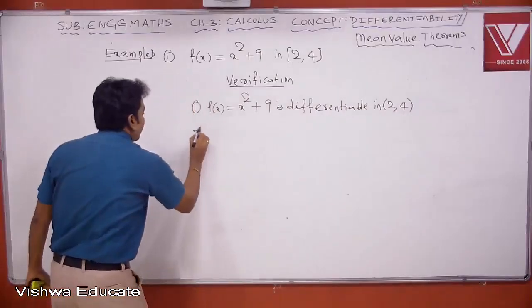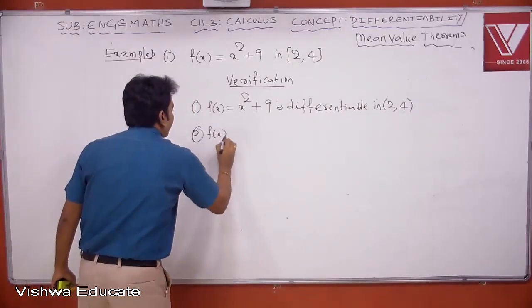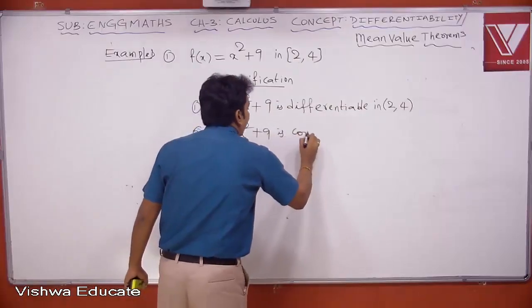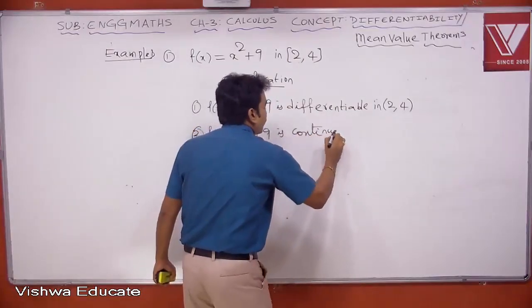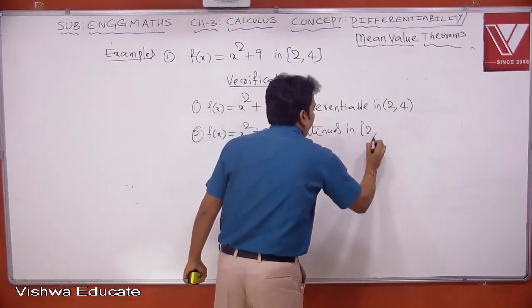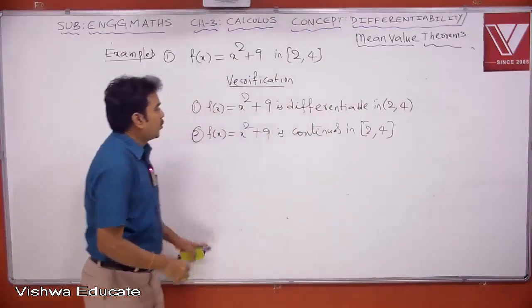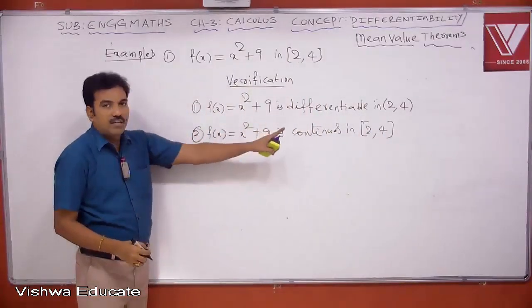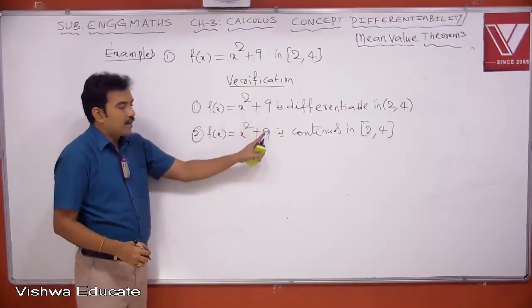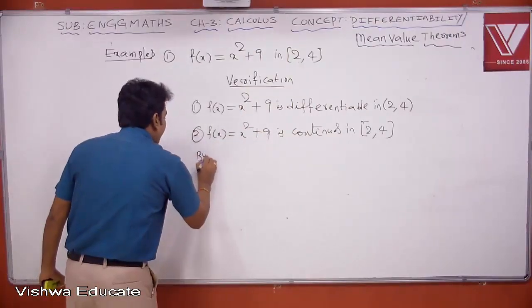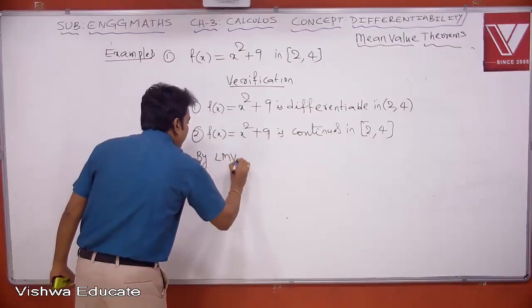Now for continuity, f of x equal to x square plus 9 is continuous in the closed interval 2 comma 4 because all polynomials are continuous and differentiable in all closed intervals. So it fulfills both the conditions of differentiability and continuity of Lagrange's mean value theorem. Therefore, by Lagrange's mean value theorem,